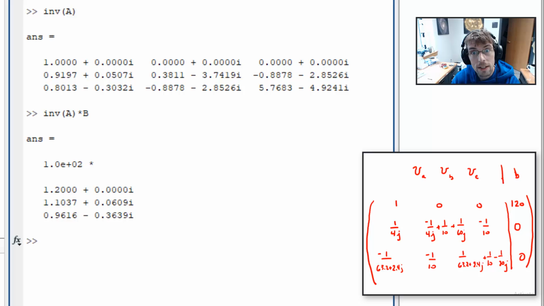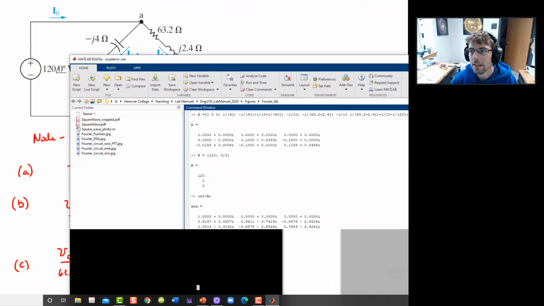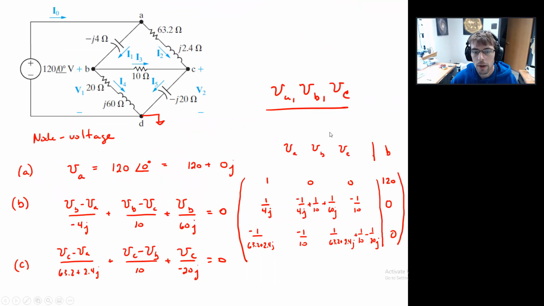Hopefully everything's the same. Should probably double check that, shouldn't we? Let me move this out of our way, and I'll write these down for us. What we have from MATLAB is that VA, the potential at B, and the potential at C